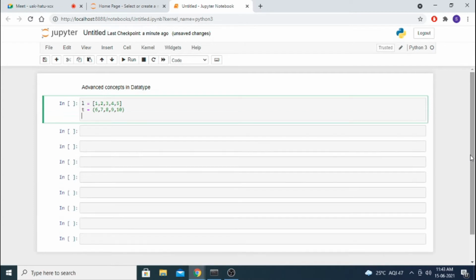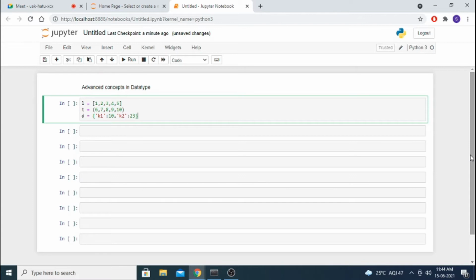Then dictionary D. D uses curly brackets. Dictionary means key-value pair. Key-value pair in the sense we have to give one key and we can give the value. K1 is one key and I am giving a value 10. K2 is another key and I am giving a value 23, like that.